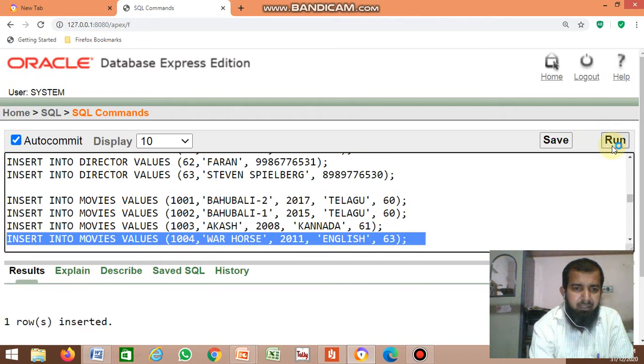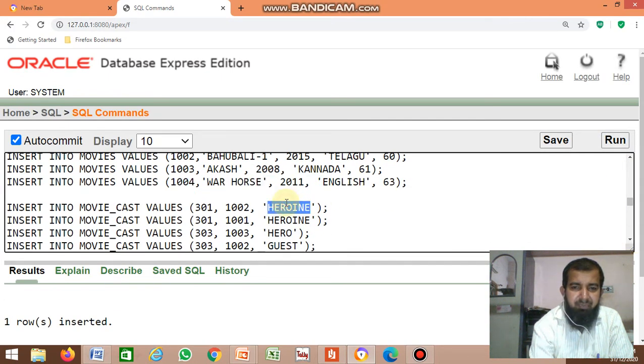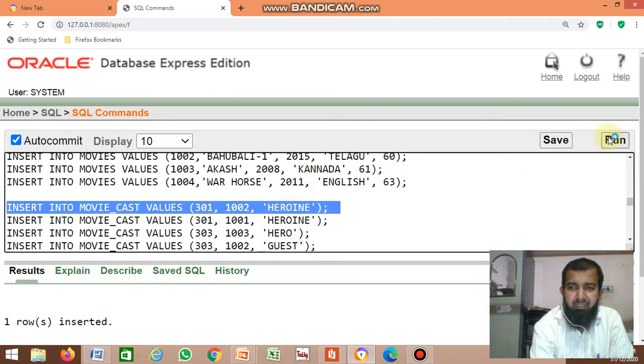Then movie cast table, insert the values in movie cast table.